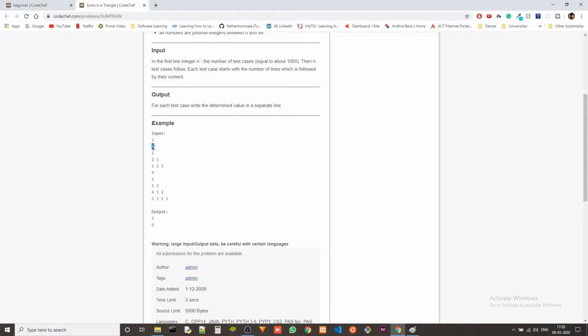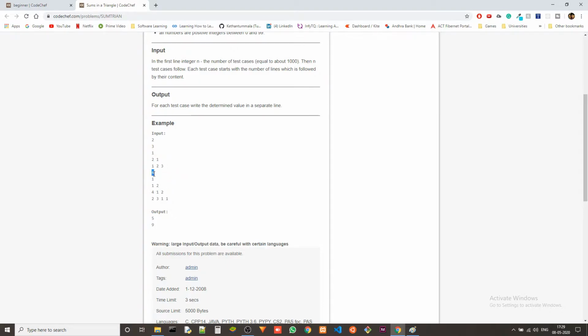The height of the triangle is 3, which means there are 3 rows of numbers, and the pattern is that the first row will have only one number, the second row will have 2 numbers, and the third row will have 3 columns, each column with a number. So that's the pattern.